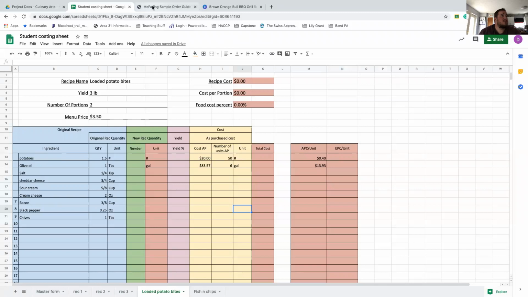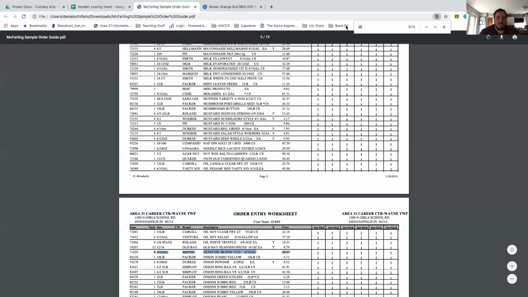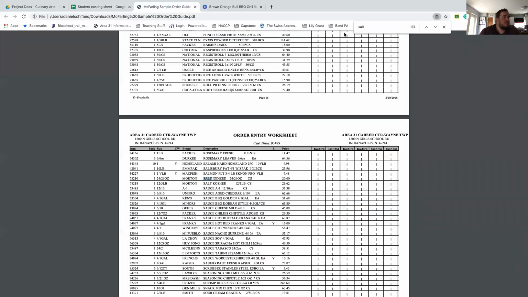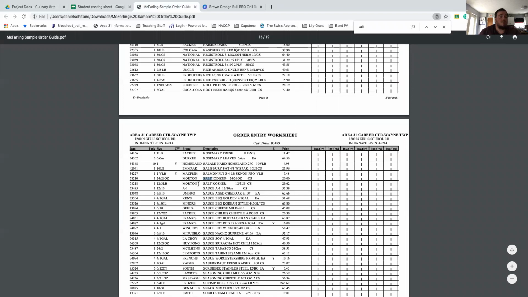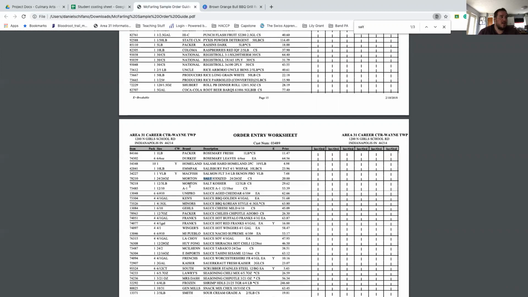And then we go to salt is the next one we're going to look up. And we go up here, we type in salt. All right, salt iodized, salt kosher. And as we know, whenever we're cooking, we use kosher salt unless we're baking. So we're going to look at this. So I want you to look. It says